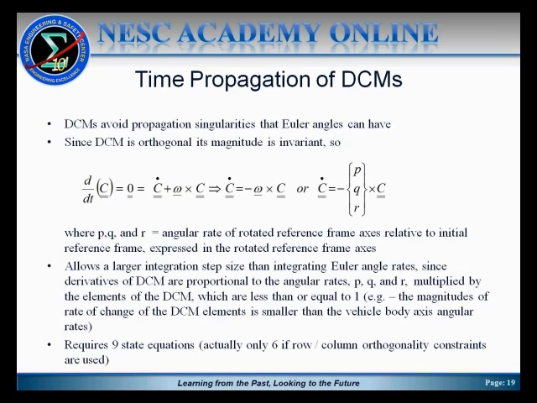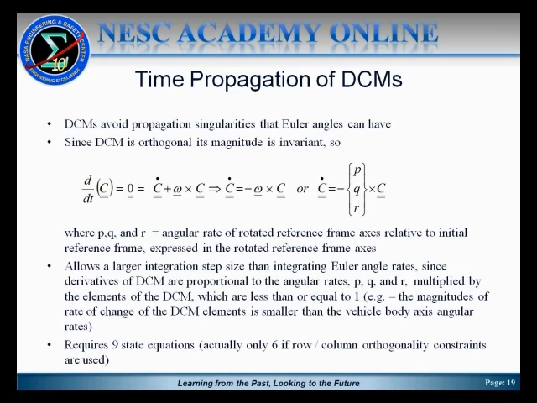This implementation of time propagation of the DCM allows a larger integration step size than integrating Euler angle rates, because, as you'll see, the elements of C, the DCM, are all less than 1. As I described earlier, the RSS value of any row or column of C is 1, so each individual element is less than or equal to 1. You can see very clearly then that each element of C dot is basically the angular rates P, Q and R multiplied by something smaller than 1. So in general, you can get by with larger integration step size